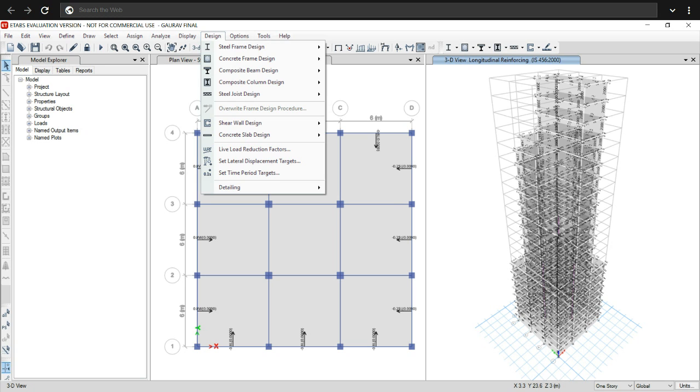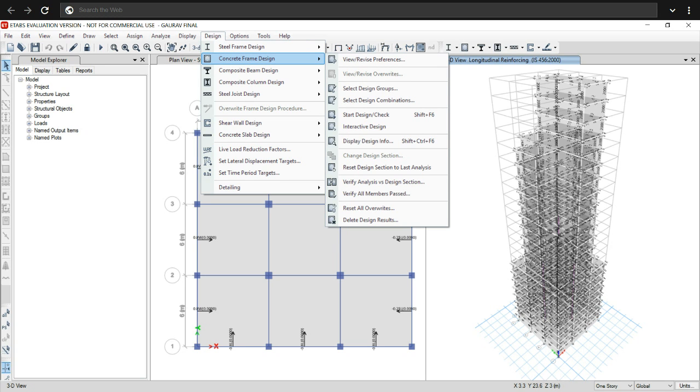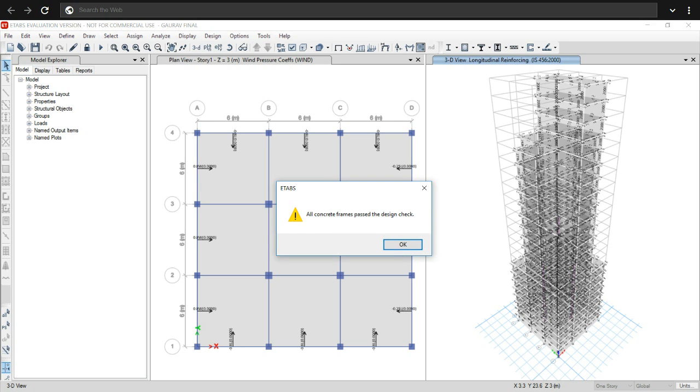Then we will verify whether members passed or not. Go to verify all members passed. All concrete frames passed the design check. Then okay.